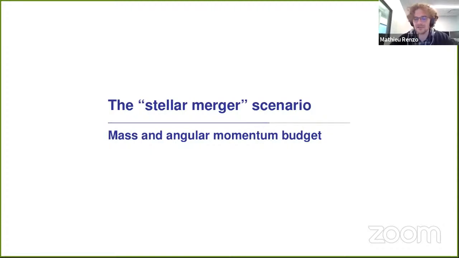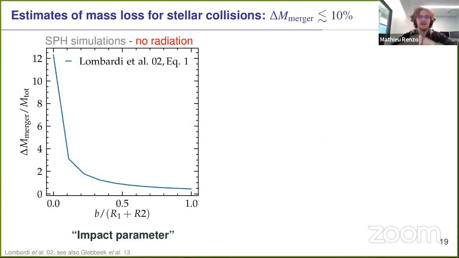And why are these problems? Well, when you have a merger, especially in a cluster, this might be a head-on collision. And if you have these dynamical mergers, typically, as a function of the impact parameter, you expect a certain amount of mass loss. The more head-on the collision is, the more mass you lose, with about 10% as a cap. This is informed by simulations of low mass stars where radiation effects are neglected. So this amount of mass loss, a few percent up to 10%, should be considered a lower limit, not an upper limit or a realistic estimate, because very massive stars that are very radiation pressure dominated should lose mass